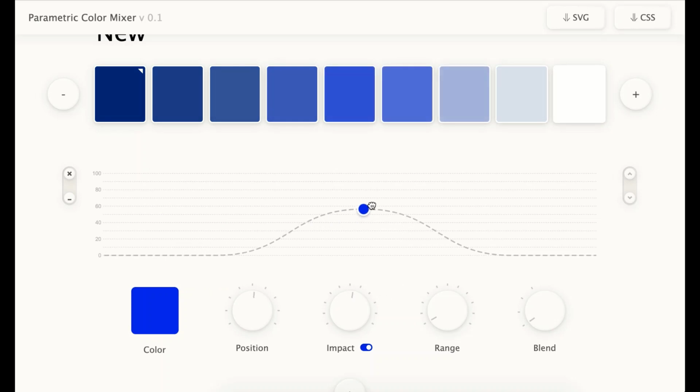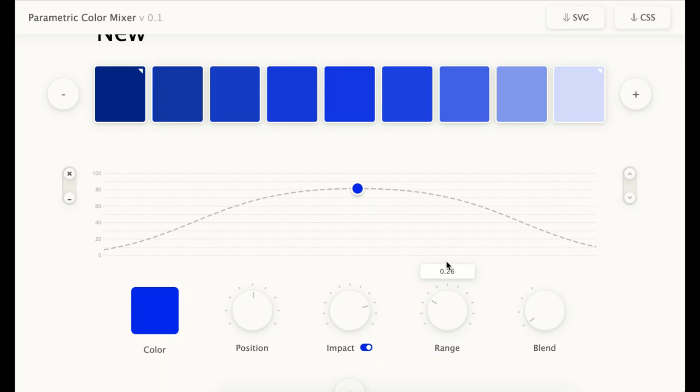I can mix in that new color into my original transition, and I can choose the position and how much of this new color I want to mix in. So I can directly manipulate this handle, but also use these two knobs over here. So position and impact. I called it impact, because transparency was too well known of a concept, I had to mix it up a bit, make it more confusing. Anyway,